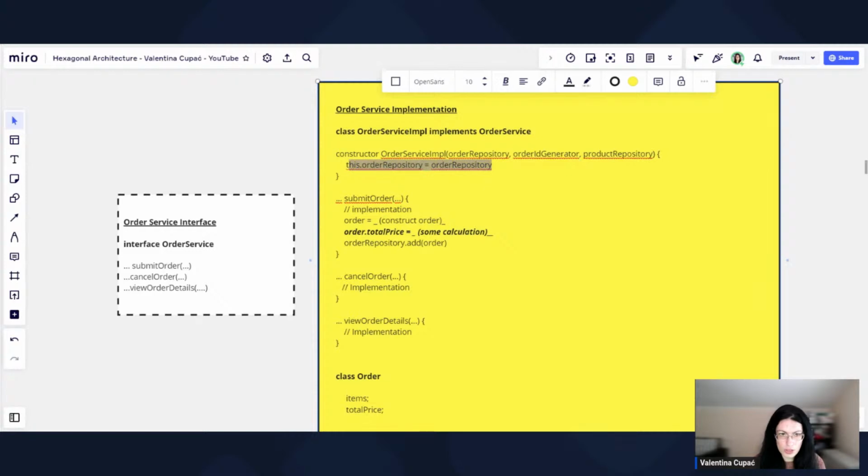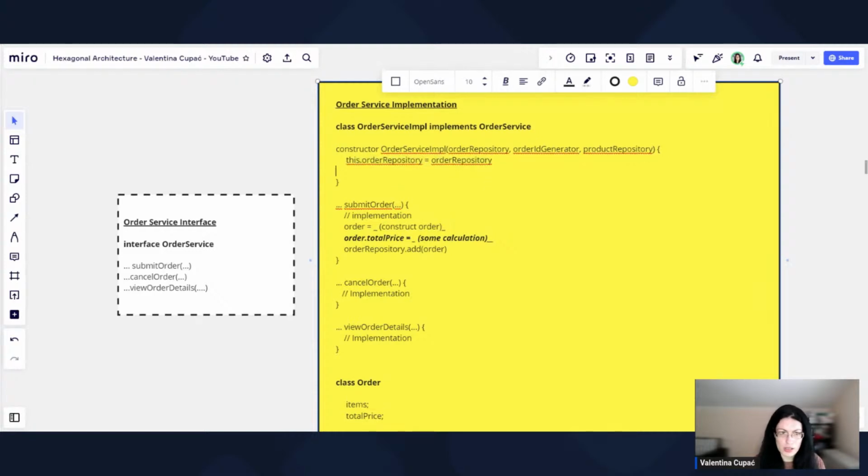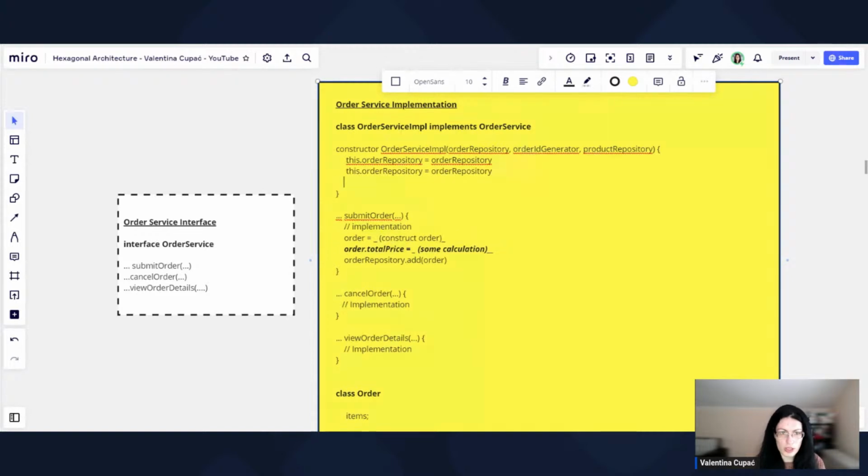And then we just store those as private variables so that we can use them in our methods below. Okay. Next, as we go to the implementation,